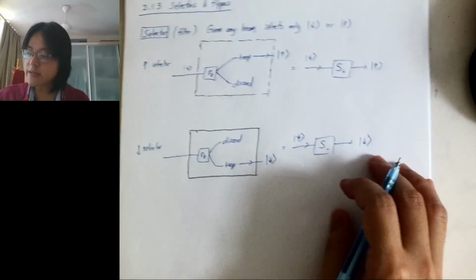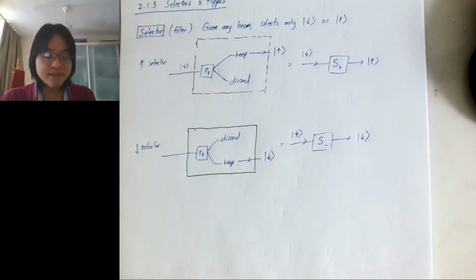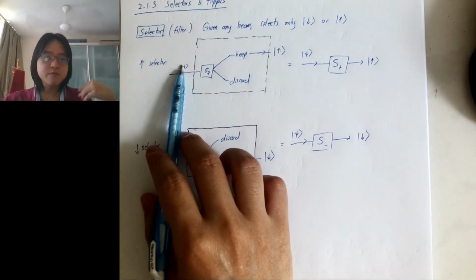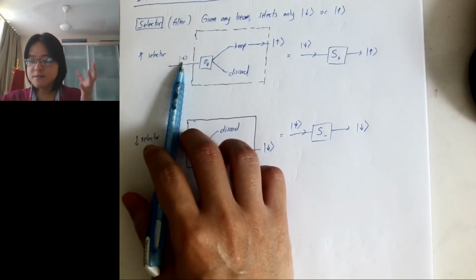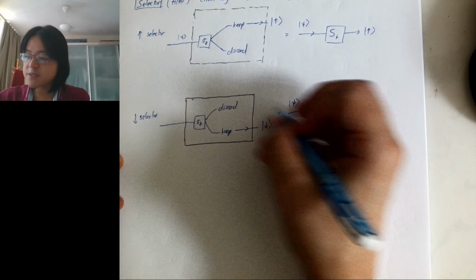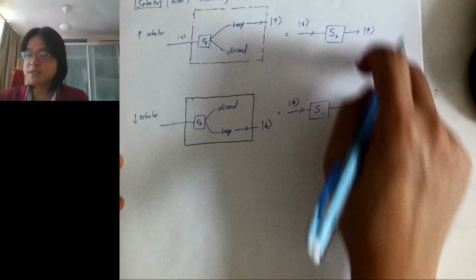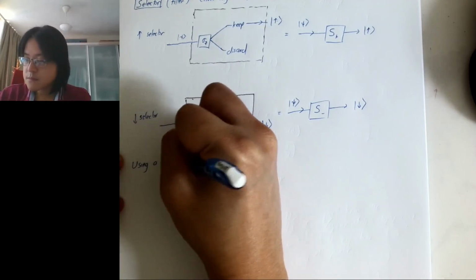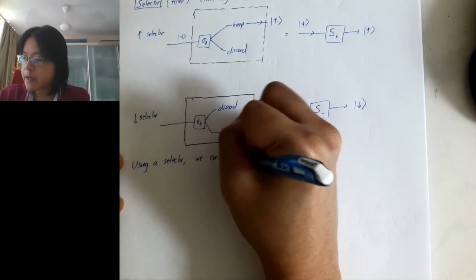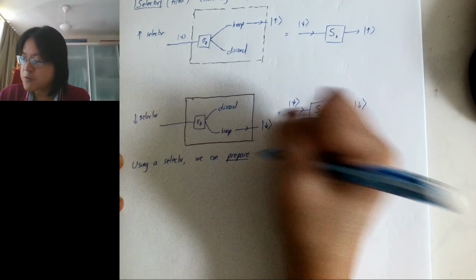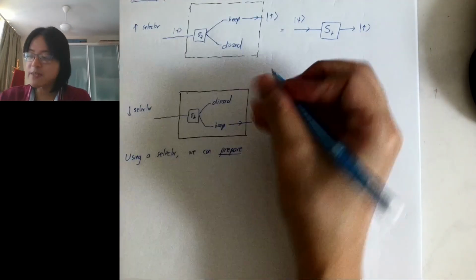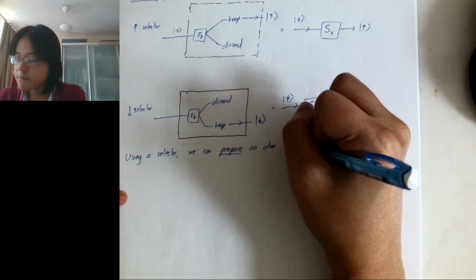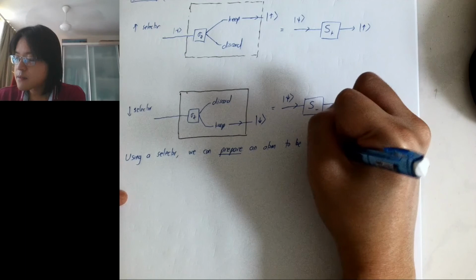Okay, so in that sense, this is a simple way to prepare a state, right? Because just now I was saying there's a very complicated experimental challenge to prepare a quantum state in a certain superposition, but here I can at least prepare these two states, right? So using a selector, we can prepare, right? Prepare is a very huge word in quantum mechanics because it's a very big experimental challenge. So we can prepare an atom or the beam to be either one of the eigenstates,